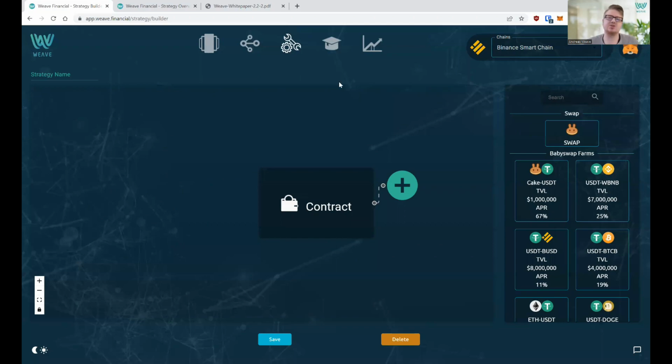I'm here today to showcase you particularly our strategy builder and the possibilities with it, what you can build, what you can achieve, and how different we are compared to a few of the other platforms, how we do it. I will get a little bit into technical stuff, but not too much. I'll try to keep it a little bit